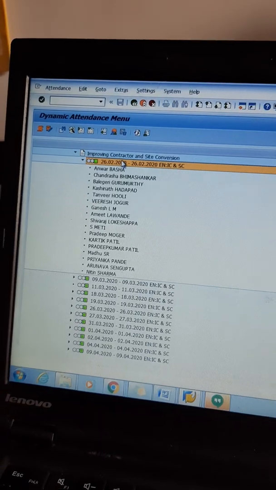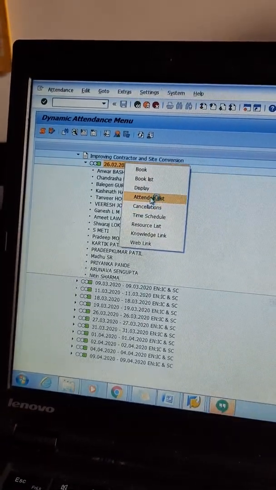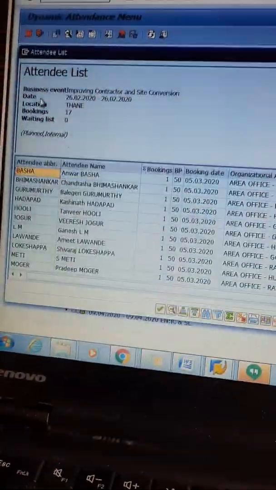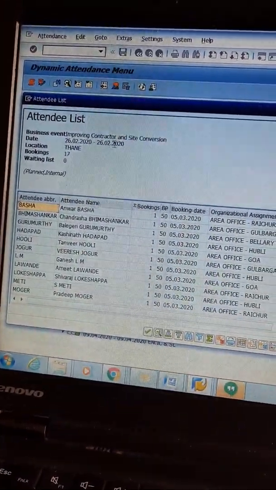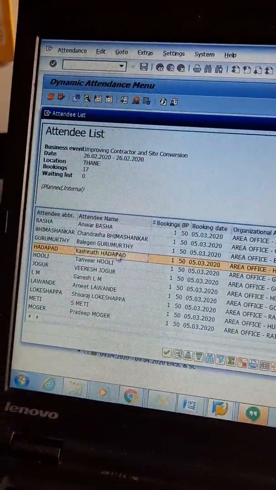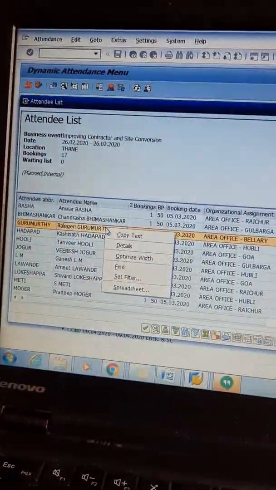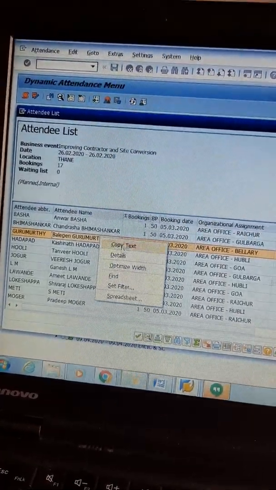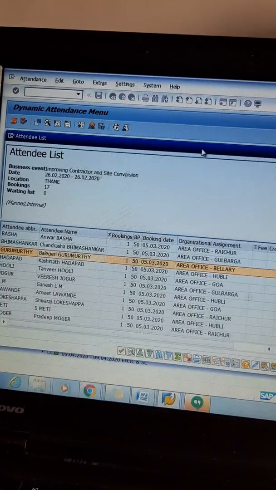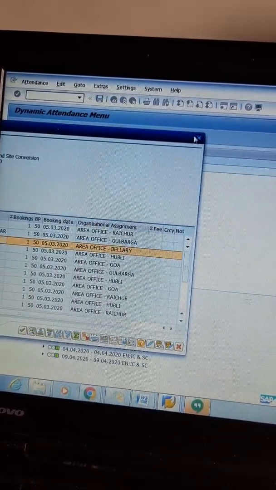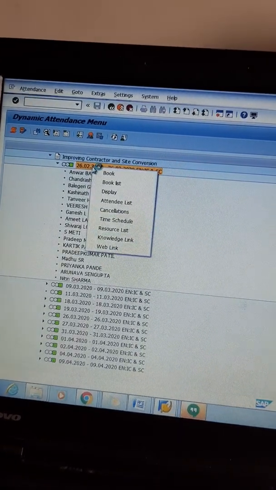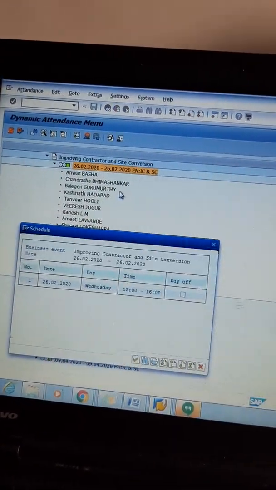In the attendance list, I have close to 17 records. When we see the attendance list, you can see the date of the training, location name, number of bookings, and no waiting list. Here you right click and download this attendance sheet. If you feel that this is a wrong record you have created in this event type, right click on it.